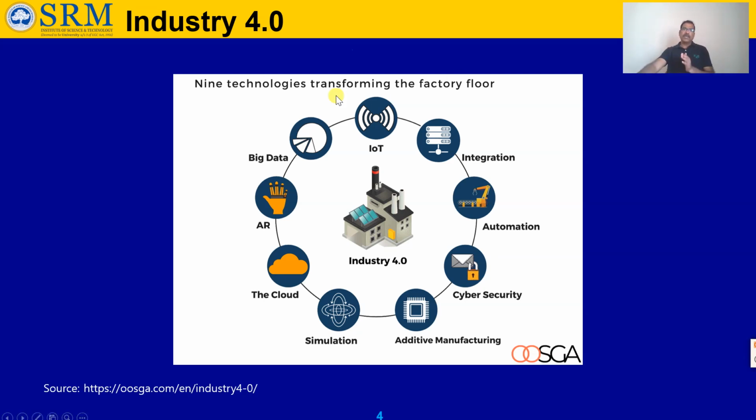IoT is also a very, very important thing. It is how we are connecting the things which are there inside the industry, and how we are going to connect between things. It comes under integration: how we are going to integrate each other. Then automation is already there inside the machines. Lots of sensors, PLC controllers, or feedback mechanism sensors will be there. Everything will be connected together through the sensors, right? So this comes under automation. Automation is also one of the main components, and cyber security.